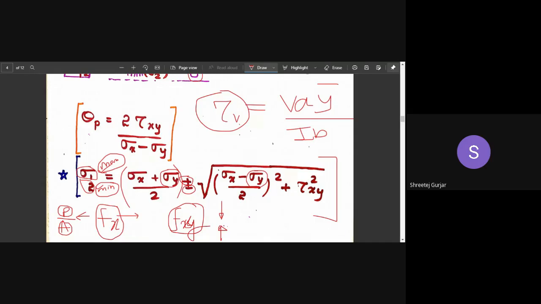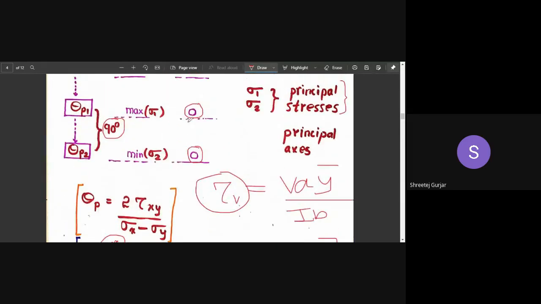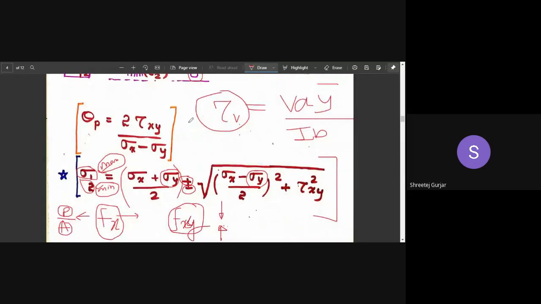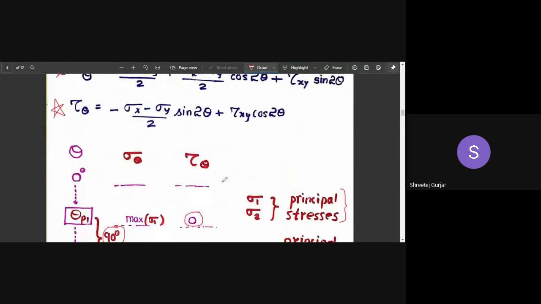Okay, so this is the theory part which we have covered. Now we have to move on to numericals. I hope this particular theory part is clear. There is no derivation. Just for your understanding, I have explained how we have arrived at this particular equation. So this is regarding your theory.